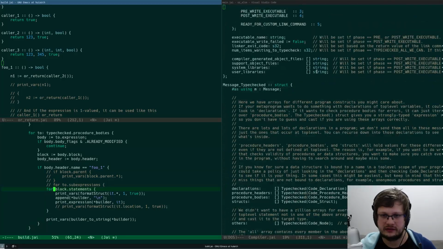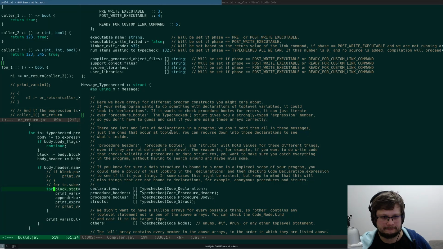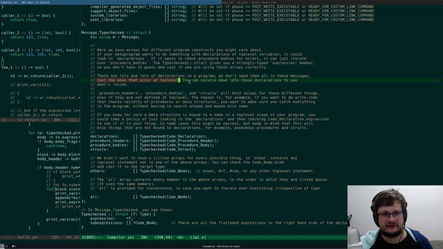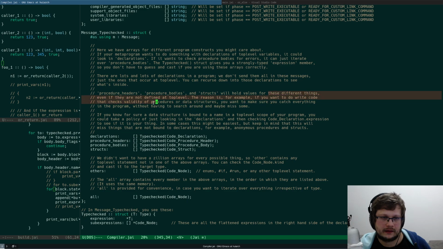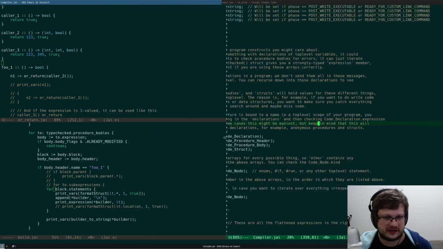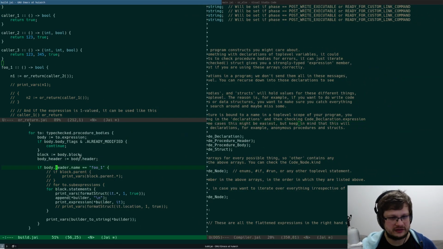Here it says that we don't send them all in these messages, just the ones that are current top level. You can recurse down to see what's inside. So I don't send you all the messages, just recurse if you want.